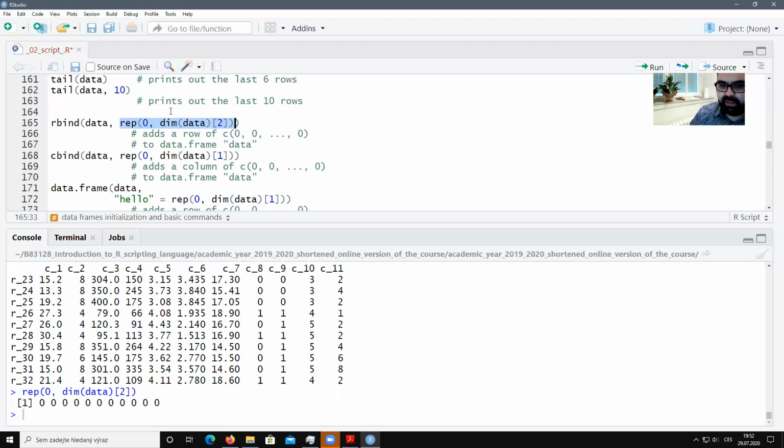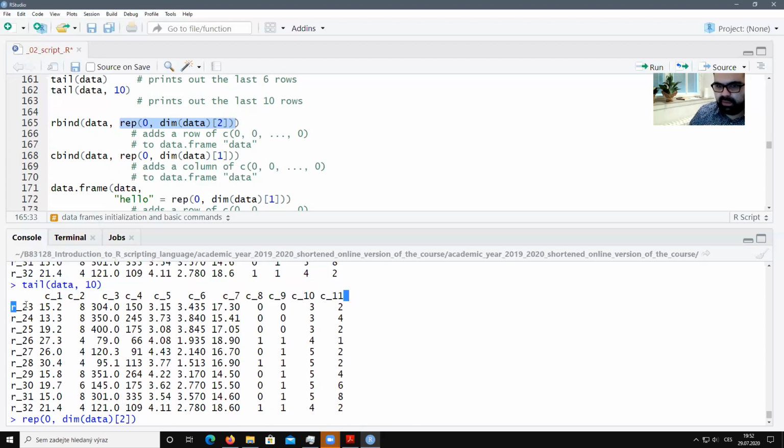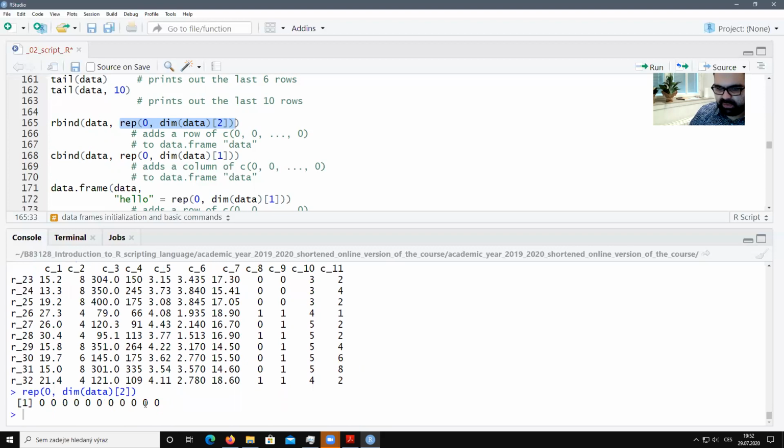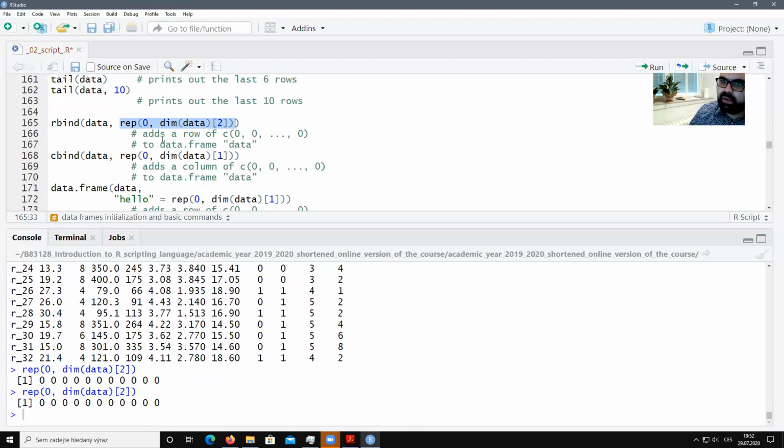So this looks like 11, 0, because we know there are 11 columns. So it is 11, 0, because this is definitely equal to 11. Okay, I could hard type 11 here. Yeah, it could be, and it will work. But this is a more general approach, because for some large data sets, if there are, for example, hundreds of variables, it's better not to